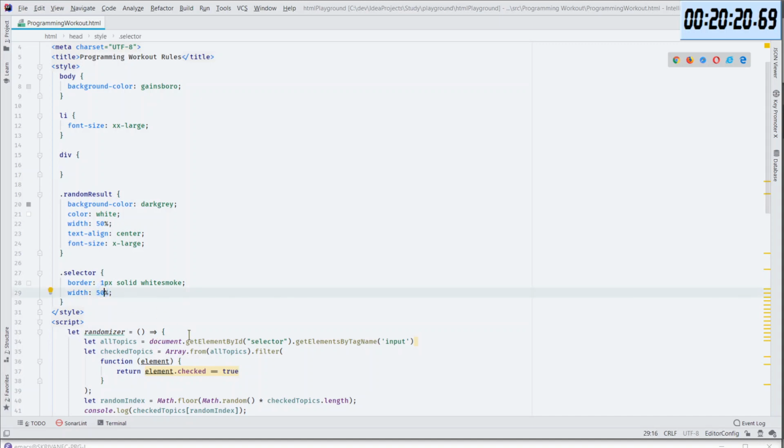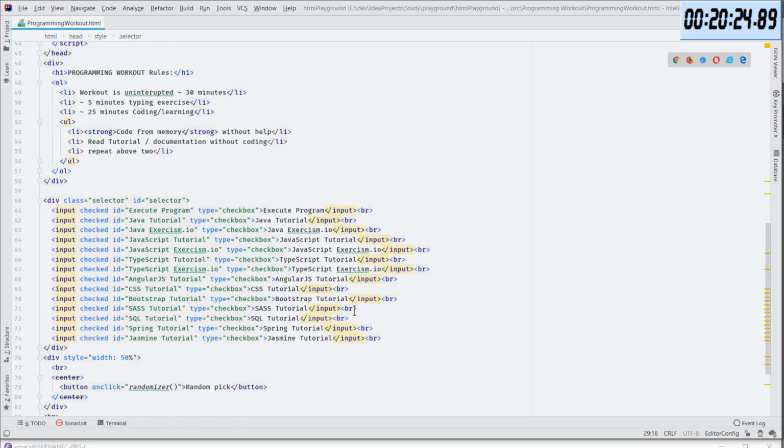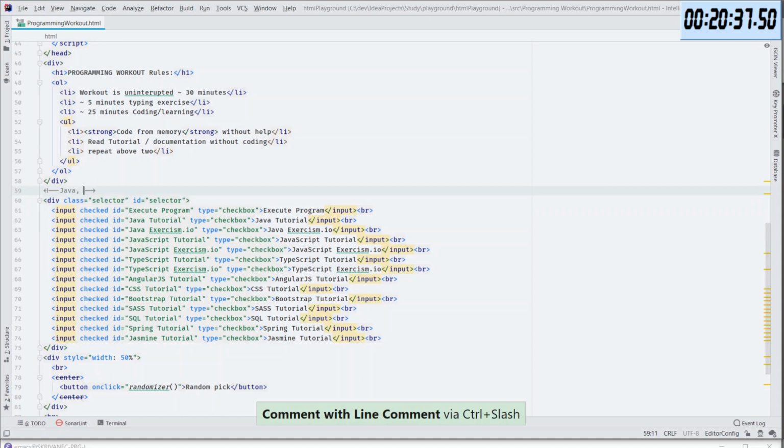I want to have how many of them? So we have Java, JavaScript, TypeScript.